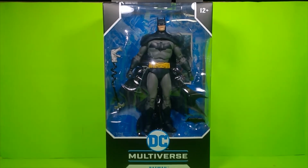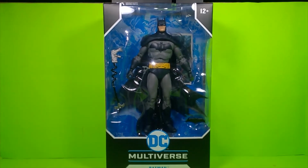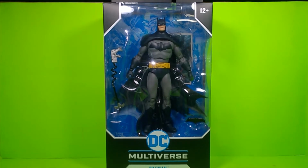I'm back, and I was trying to figure out how I'm gonna do this because there's tons and tons of reviews out there of this, but I have picked it up. I found it not too long ago, and I haven't really had the time to sit down and review it, like I was just saying. I've seen so many different reviews on this, but I want to give you guys, the viewers, maybe a different outlook, the best that I can with the best of my ability, knowledge, and thoughts, based on what I've seen in the figure collectible, adult collectible scene that I've been doing